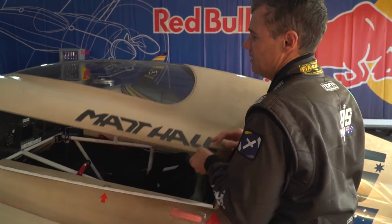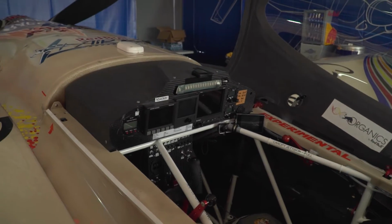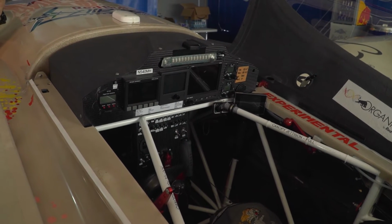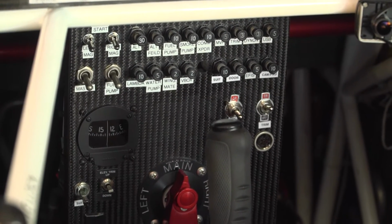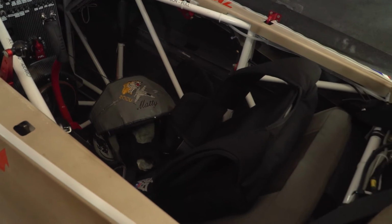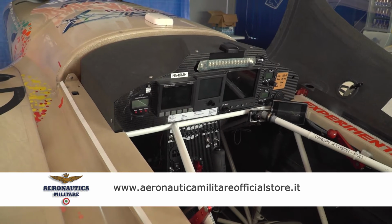So what we've got here, there's lots of unique instruments for racing. So it's just like Formula One, where it's not set up for flying around the countryside like most planes are. It's dedicated for racing. So very strong interior to protect us if there's an incident. Obviously we have our parachutes still, we have a helmet. Basically it's designed so that if we hit the ground, if there is an accident, we can survive with all the equipment we're wearing. And then across the front they're all computer screens, just giving us information